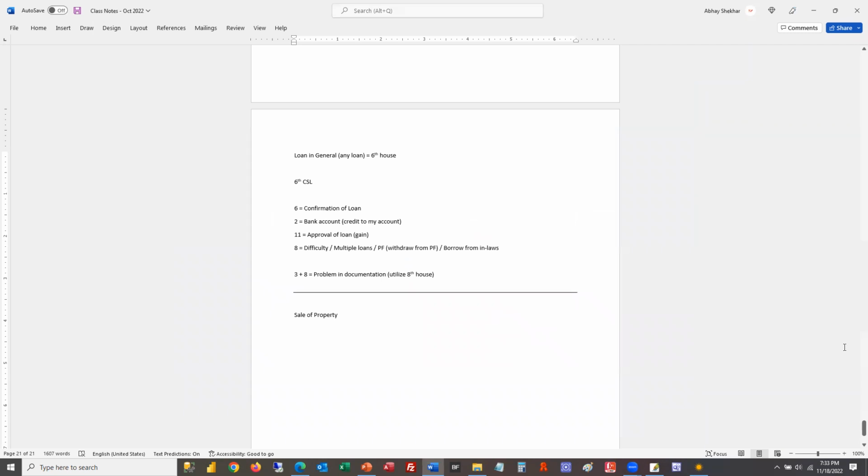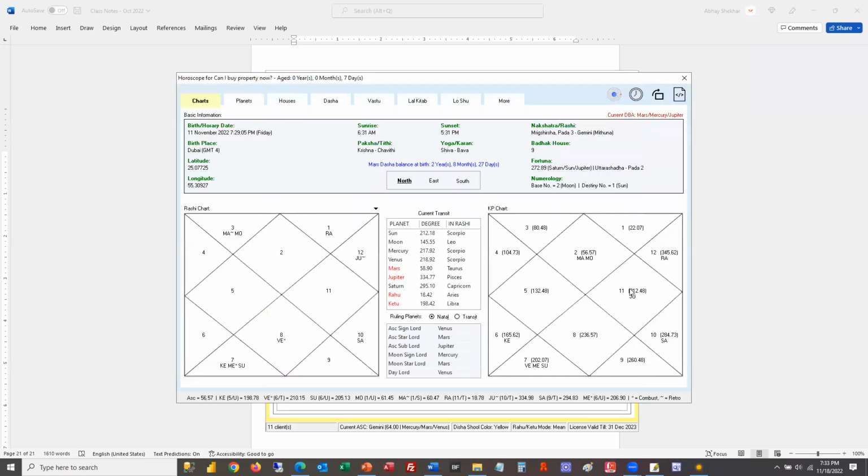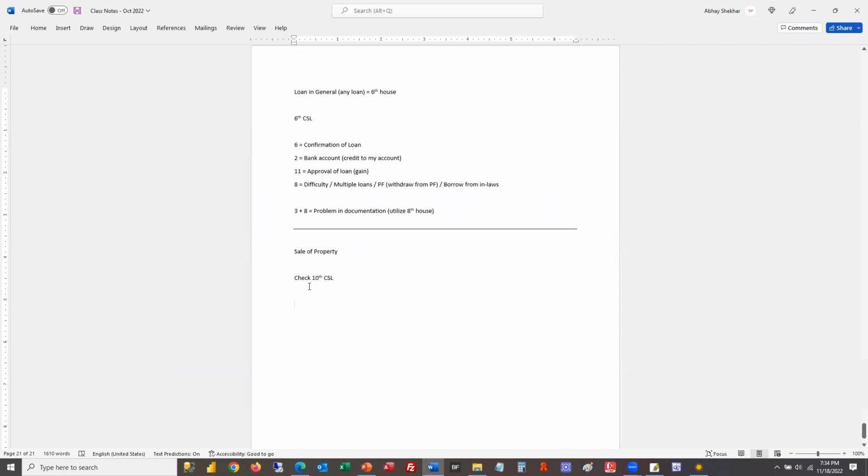So to sell property, you will check the 10th CSL. Because then you know this is the buyer. Buyer's property. This is the buyer. 1, 2, 3, 4. This will be the buyer's property. So now when we check the 10th CSL, if it gives me number 10, that means the buyer will get